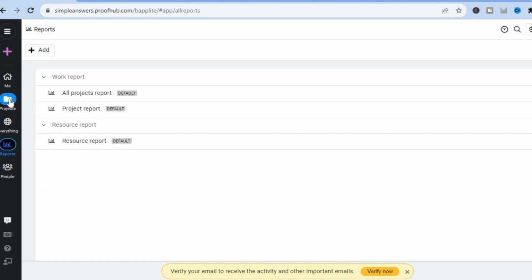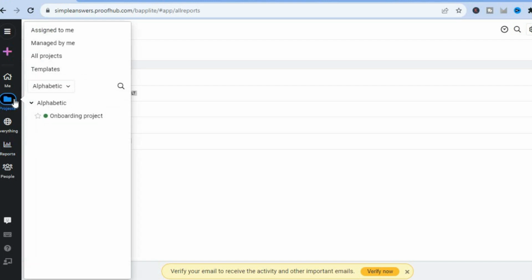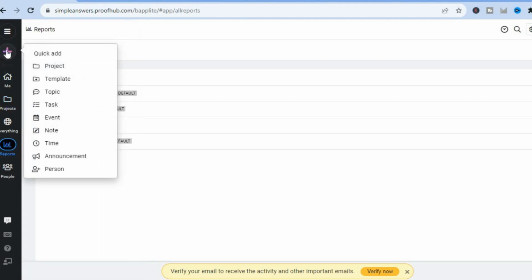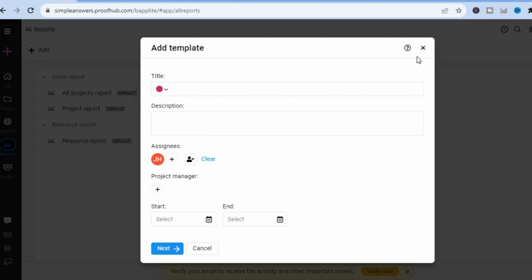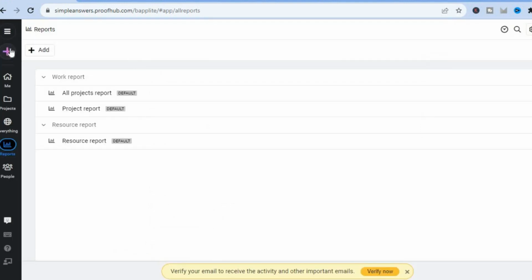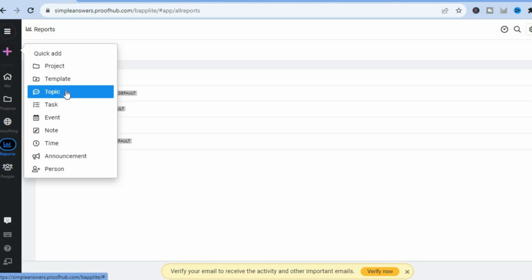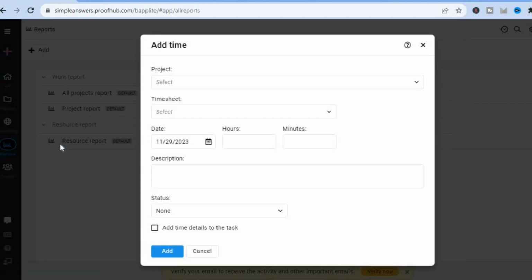So you can see that the user interface is quite easy and it is beginner friendly. And you'll be able to view or create projects by simply tapping on projects from the left hand menu option. And if you would like to add anything or create anything, you could tap on Quick Add. From there, you can create projects. You can view the different templates by tapping on templates right there. You could add a template, or by tapping on it again, you'll be able to add topic, task, event, note, time, anything at all that you would like to add. You can tap on the plus real quick, and from there, you'll be able to get quick access to it